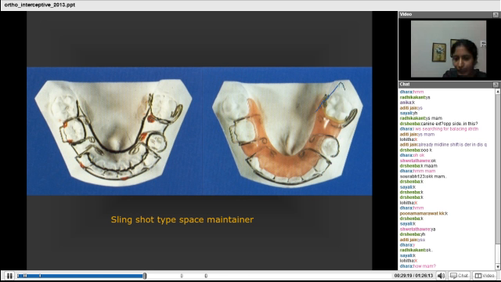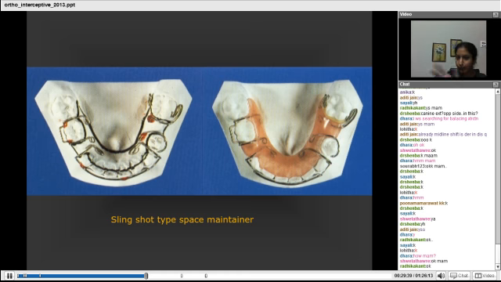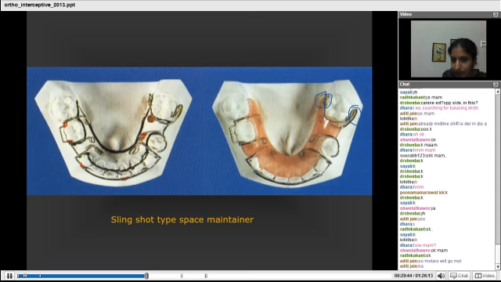You are pulling the catapult like this. And this is your piece of paper. Getting me? Or you leave the catapult, don't try to compare it. See, this is your spring and this is your rubber band attached to it. Now this rubber band is being pulled over here. The force is applied in this area. So the molar is getting distalized.